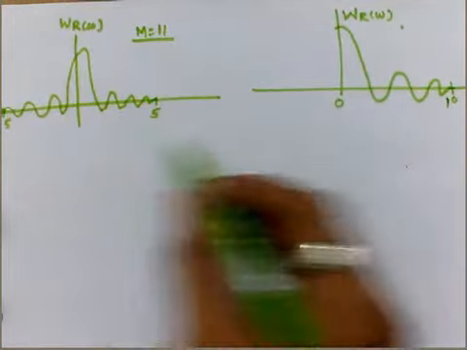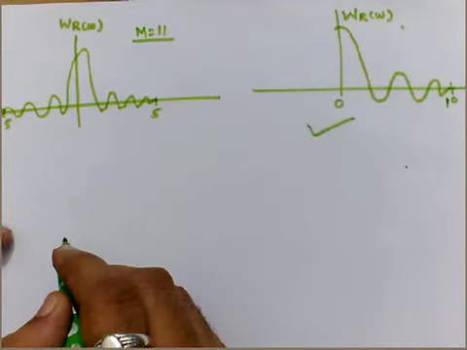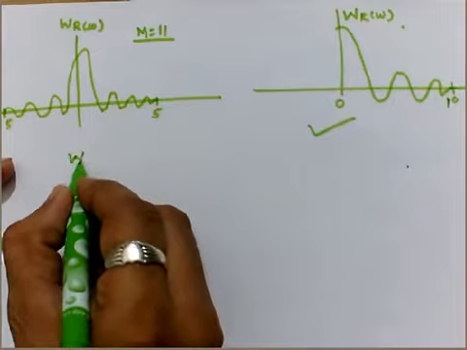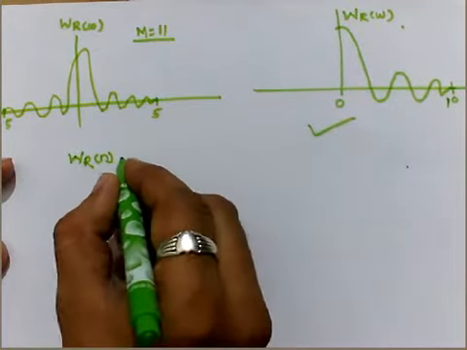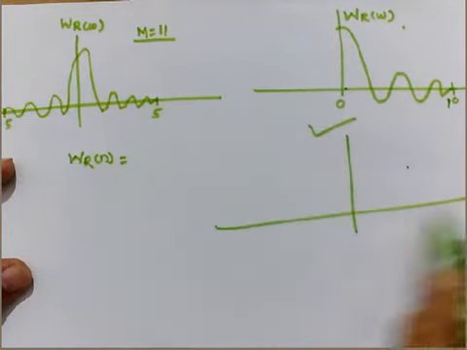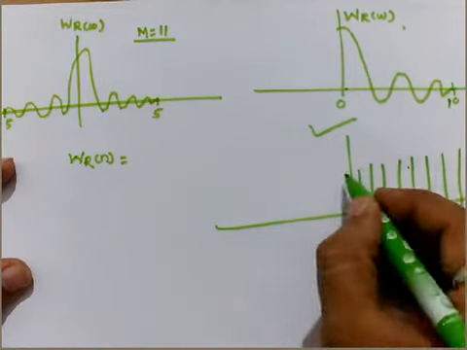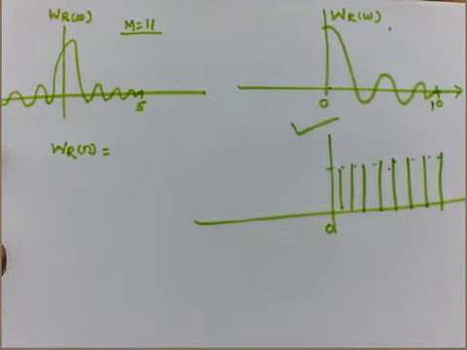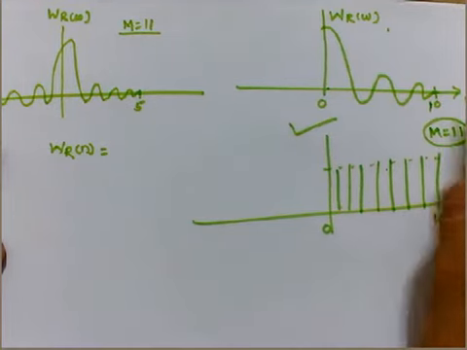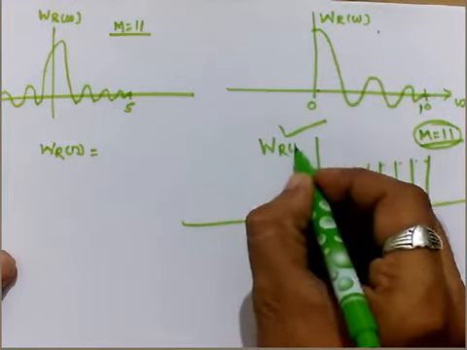So to deal with this kind of nature, let's follow this kind of practice to have the causal nature only. So the rectangular window function, that is WR of n, can be given as a value. With respect to this, the nature of the window will be like 0. So here it is 1, everywhere the amplitude will be 1, and it will be like a window. So it will tend up to 10 for M equal to 11. Means when the filter is having the length 11, this is what the WR of n.